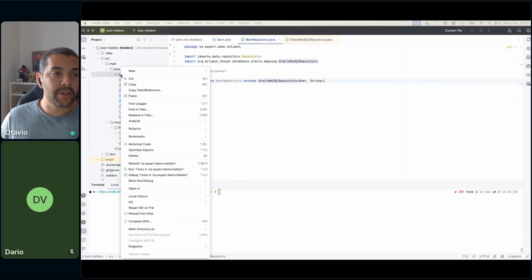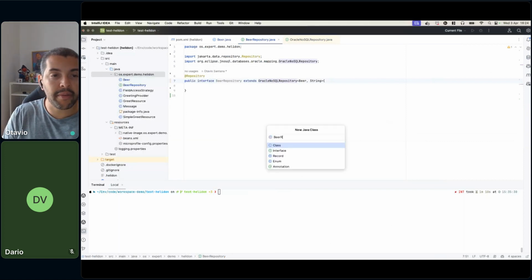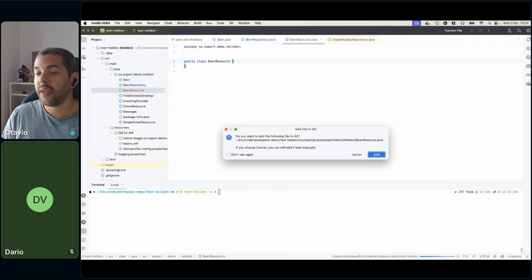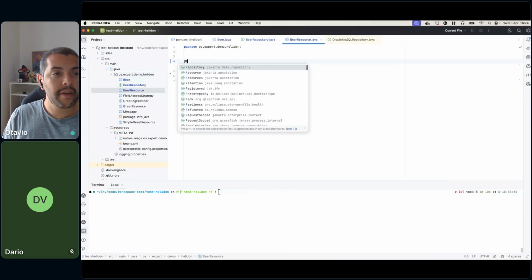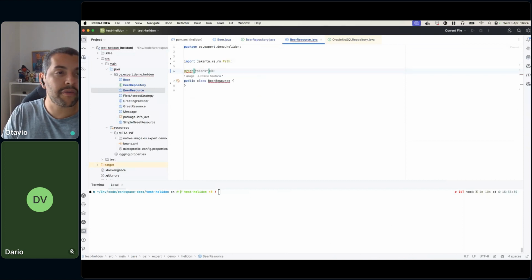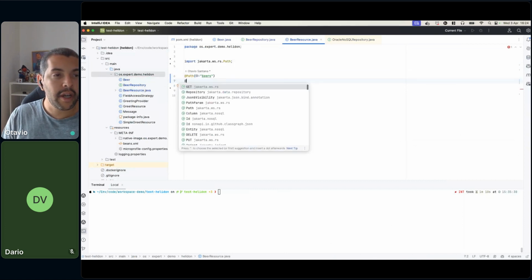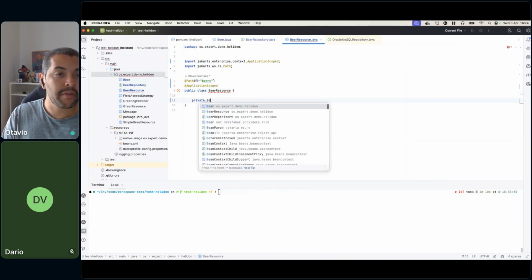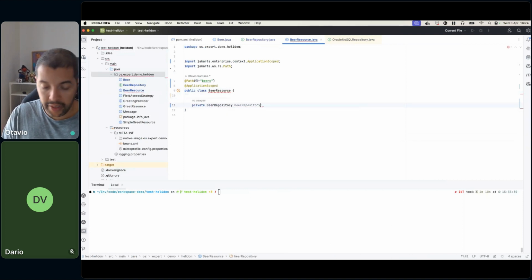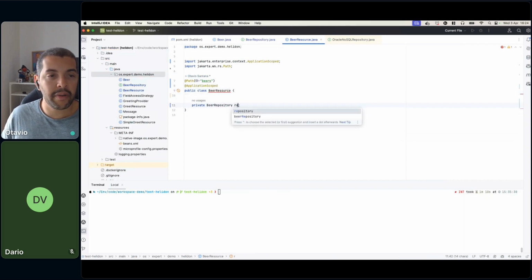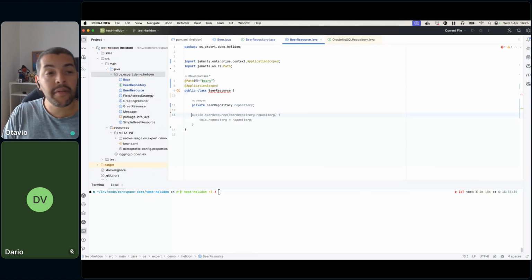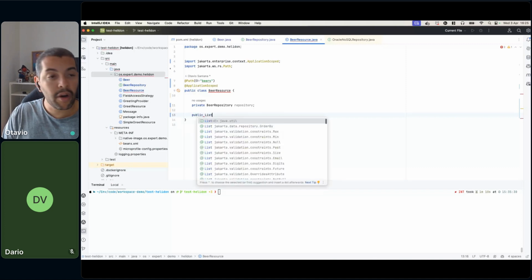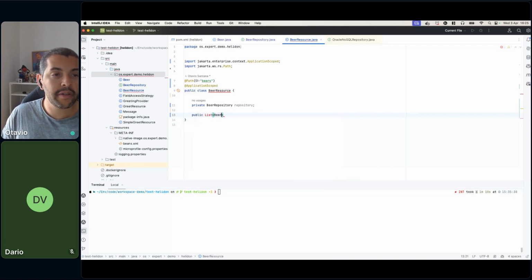Okay, so I will create my resource. So I come here, I will define my beer resource. I will define my path. Of course, I will use a plural here. And then I define this one here as application scoped. I will inject my beer repository. Of course, I can use only repository, doesn't matter. And then what I'm going to do next is create this simple operation like get beers,